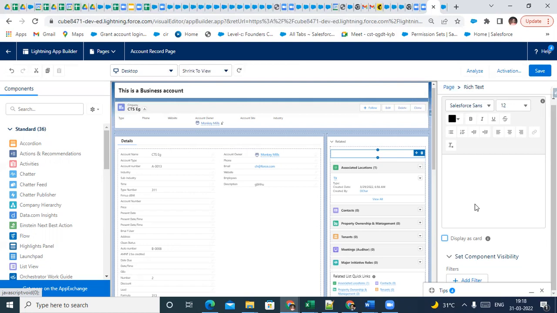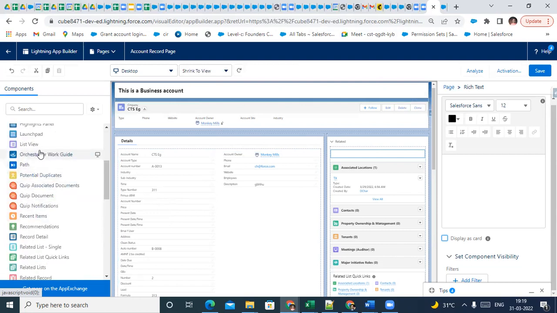And also you have chatter feed. As I already told you, chatter is a feature that is similar to the Facebook wall. Okay. The group wall, right? Group post or group wall feed, everything. So that's something similar to that. And also the chatter feed, which is related to chatter and chatter publisher. So all these options are available for you to drag into the page. Okay. So you have this list view